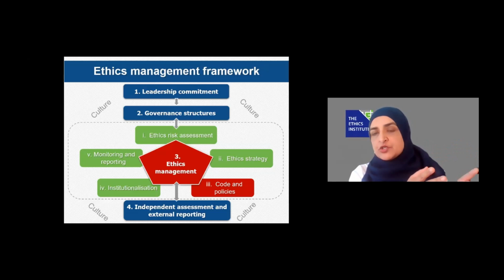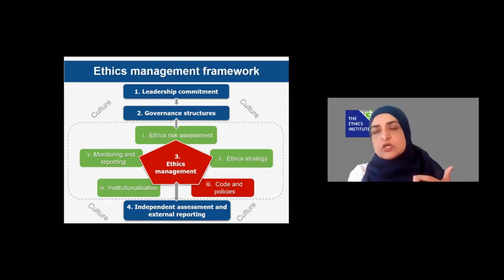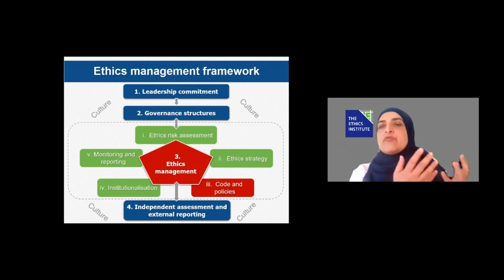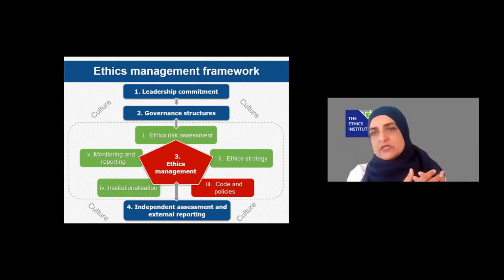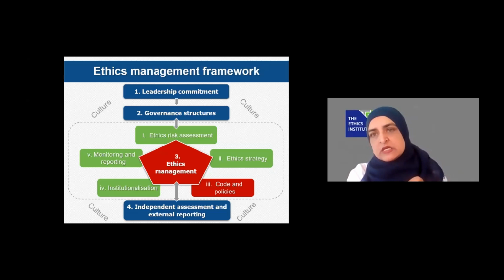You've checked your code and policies, your regulatory universe is intact. You're now in a comfortable position to go off into your organization and start to do training, start to do awareness raising, start to run campaigns with that solid understanding in place. And then as the ethics office, you monitor what you do and you report back to your governance structures. And that's a constant process that as the ethics office that you would follow.